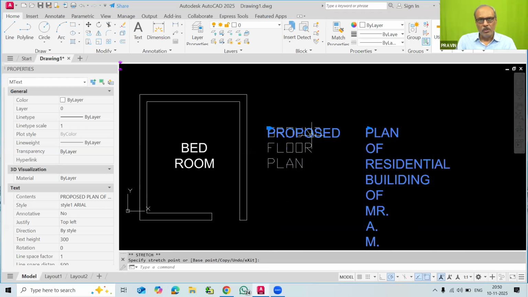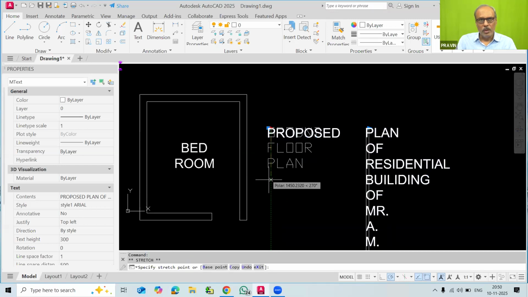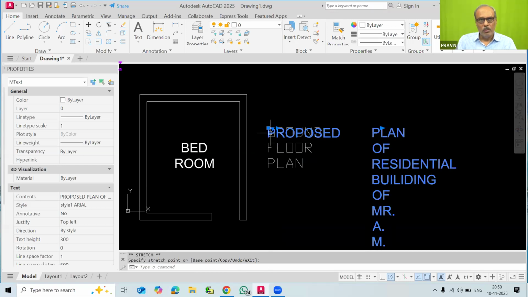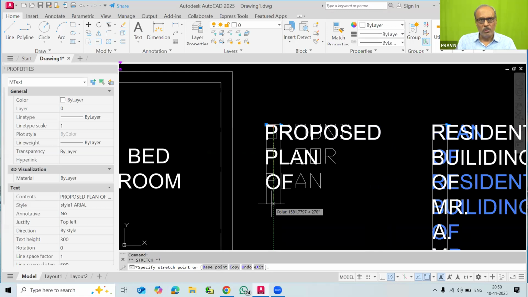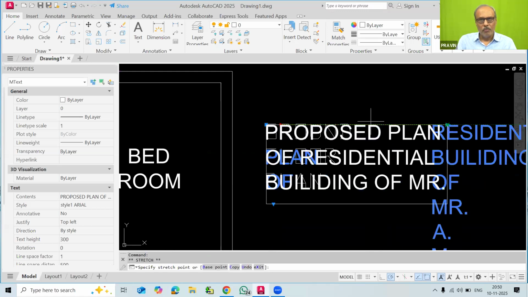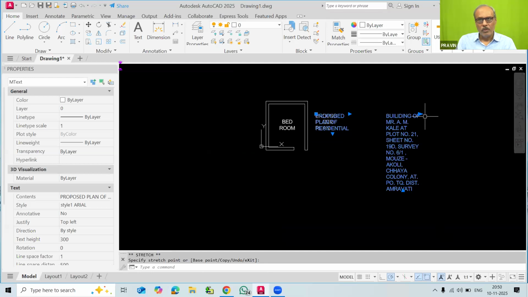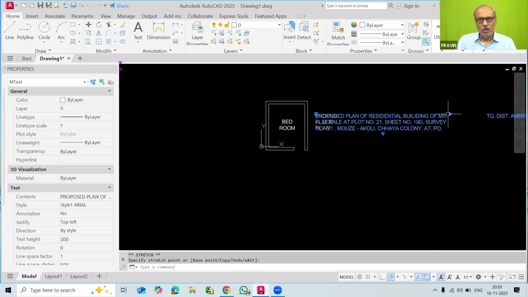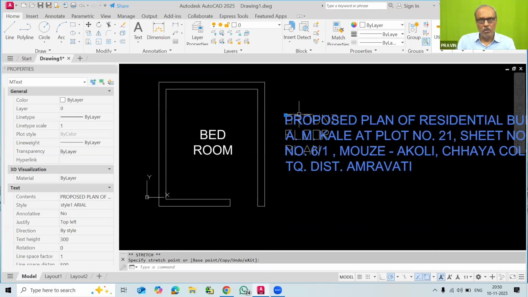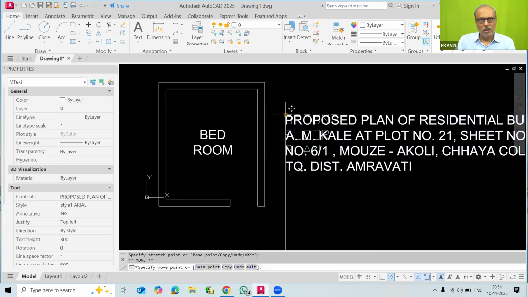You can just make it down. In this way, you have to change the size of that. It is going into 2 columns because the width we have just taken is very small. Yes. So this way you have to remember that. Now I can move this a little bit down.